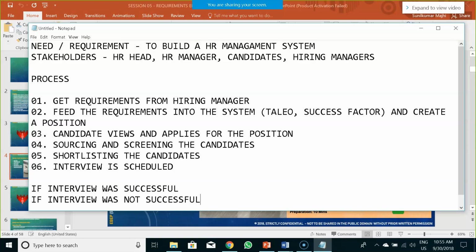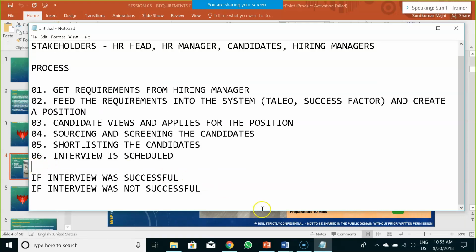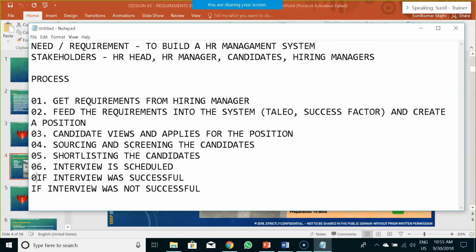So there are two possibilities after scheduling the interview. So let us name it as 06.A if interview was successful, and let us name it as 06.B if interview was not successful.